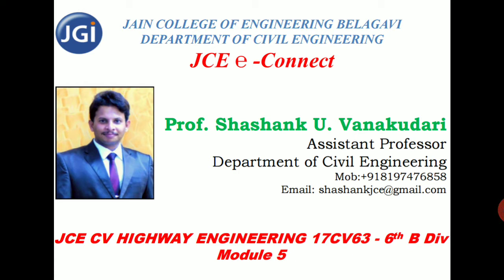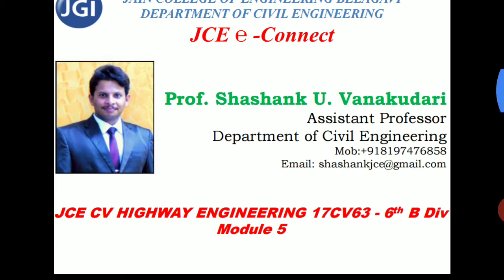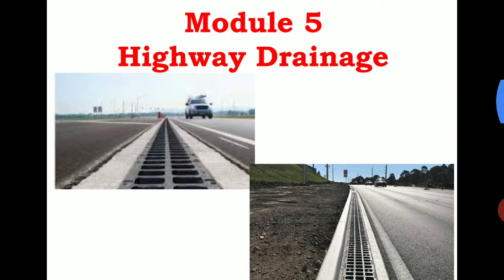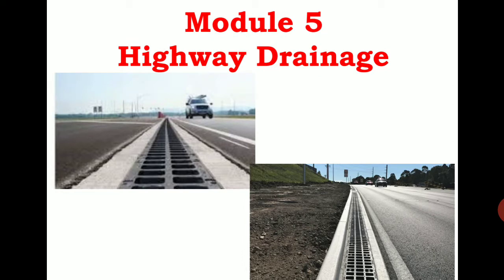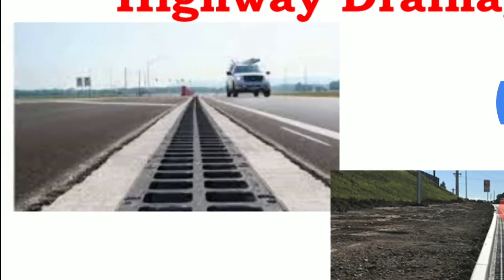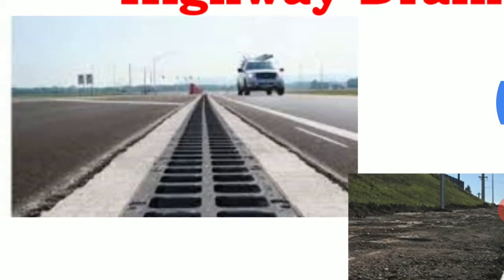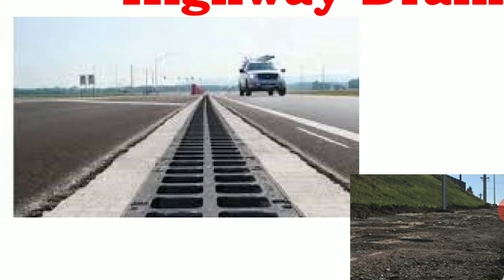So, in this particular session, we'll start with Module 5 that includes highway drainage system and highway economics. Right? So, first concept, generally what is meant by highway drainage. This highway drainage consists of removing or controlling the surface water, whatever rainwater which will come on that particular pavement layer, so that the surface water and subsurface water are drained away from the road surface and the subgrade which is supporting it.